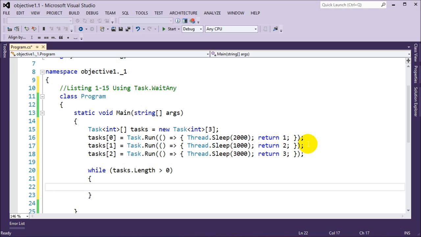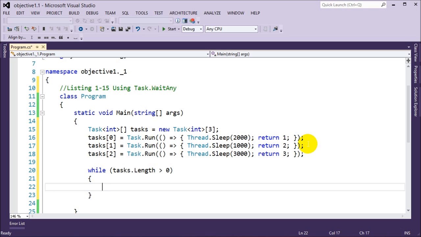Now, you can only imagine how powerful this really is. If our functions and our tasks were doing real operations, going off and doing real things, using something like this is so powerful because we can display things to the users as they finish their tasks while keeping the graphical interface always responsive. This is very cool. So what we're going to do is inside our while loop, we're going to use the